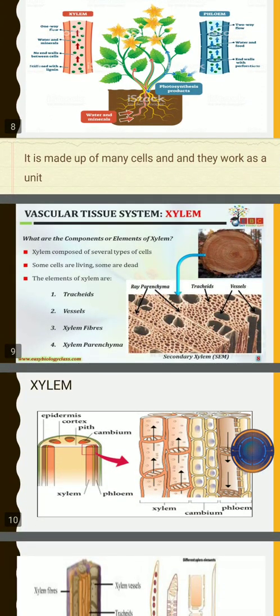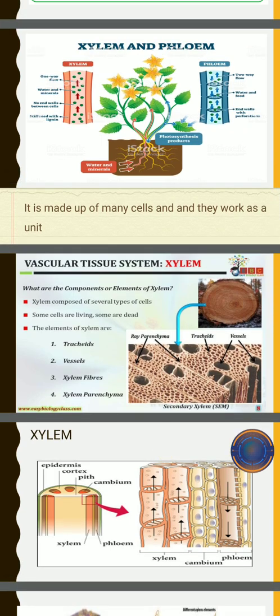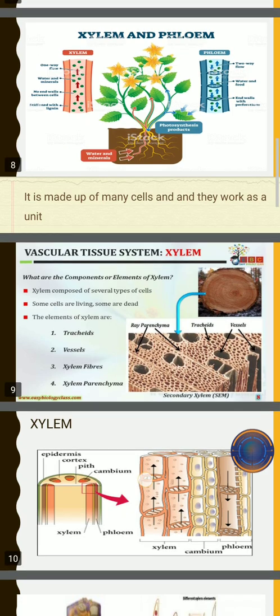Now basically we will study about the xylem and the phloem. In xylem there is a one-way flow, that is water and minerals that are absorbed in the roots and translocated to the other parts, whereas in the phloem there can be a two-way flow, because food is synthesized in the leaves and transported to the other parts of the plants.